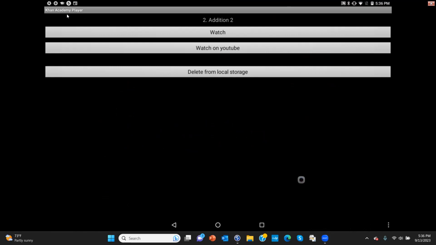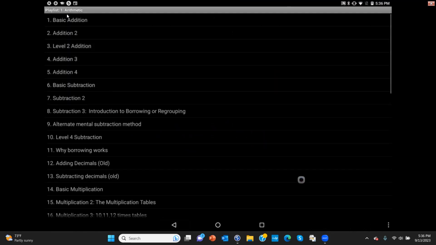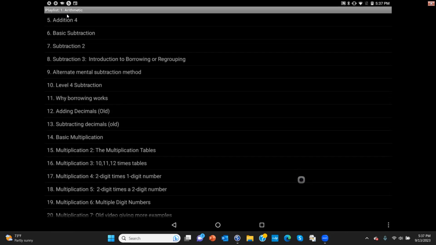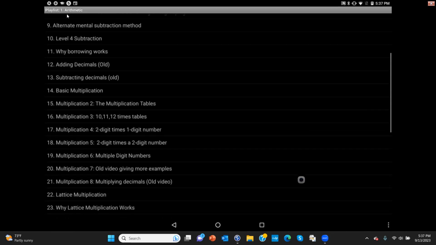All right, so you saw that for addition, right? Then if you go down to number 6, you will see it for subtraction. We're not going to click on it. I'm just pointing it out for you. Then you notice that as we move down, it has different levels, but we come down to 12, where we have adding decimals, subtracting decimals, and then number 14,